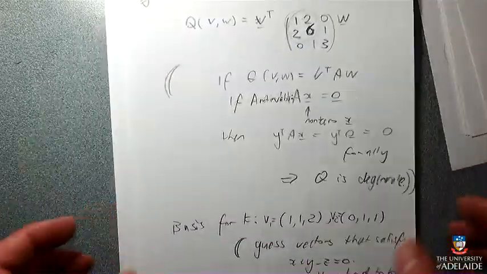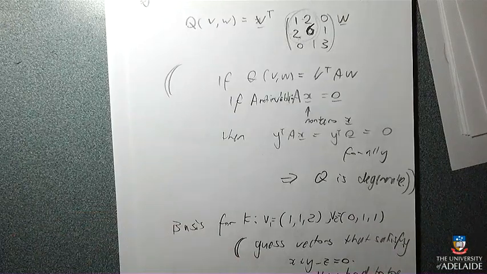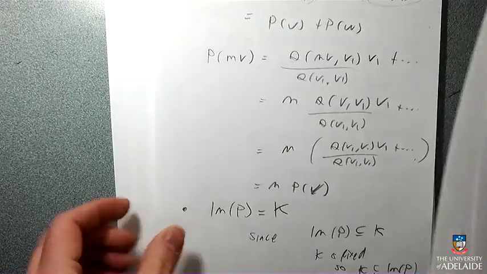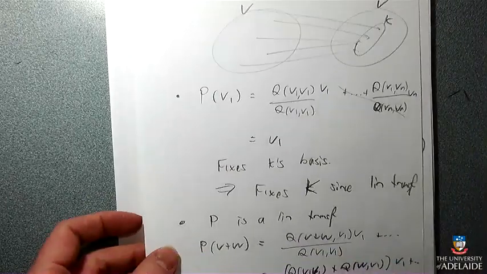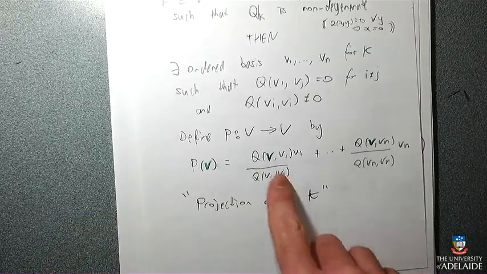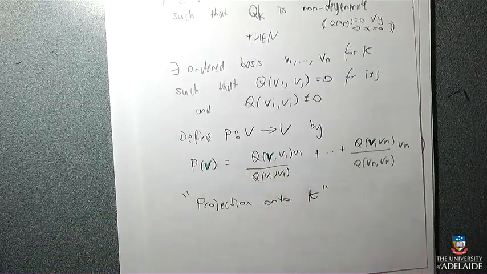Right, how are we feeling? I think I know what this is doing now. I can tell you what's going on in my head. In my head, I have what projection used to be when I was in Maths 1B, and I'm replacing all my dot products with Q's. That's what's going on in my head.